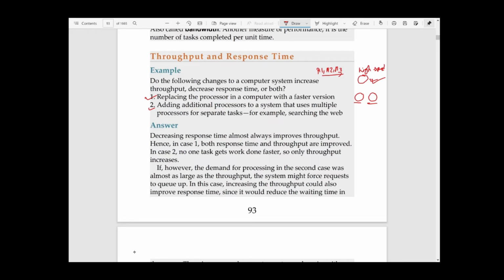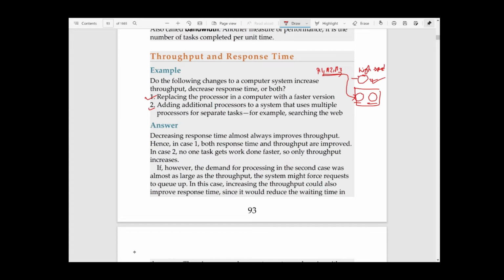But compare this case, where the same applications A1, A2, A3 are coming to a processor with two cores. Do you think the execution speed is increasing? No, because we have not increased the frequency of the processor. In the first case we increased the frequency. Here the frequency is the same, but with the same frequency we are using two cores. So for each individual application we are not changing any execution time. The execution time remains the same, but bandwidth is increasing.